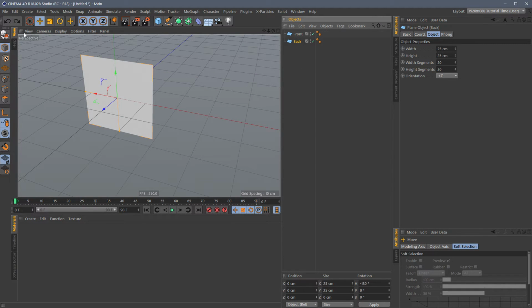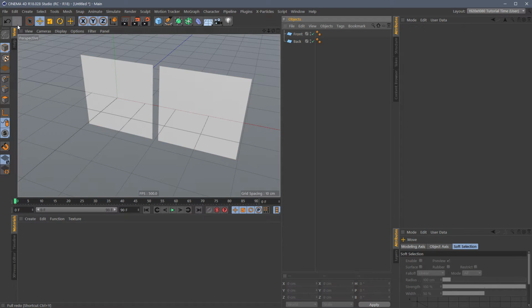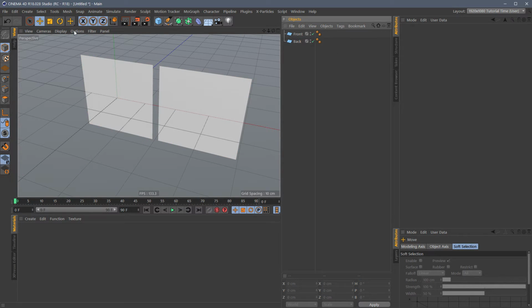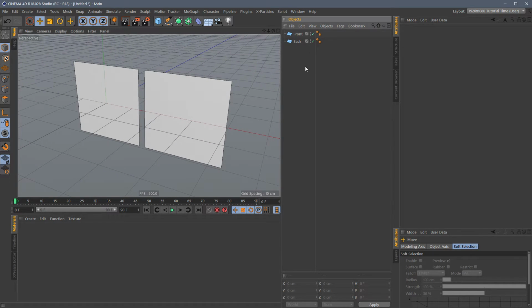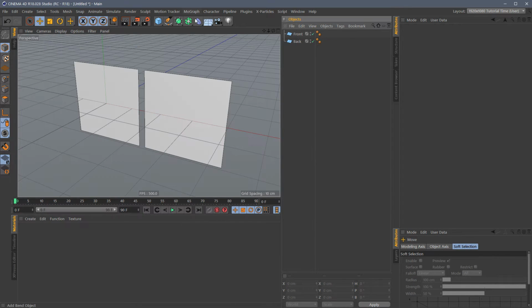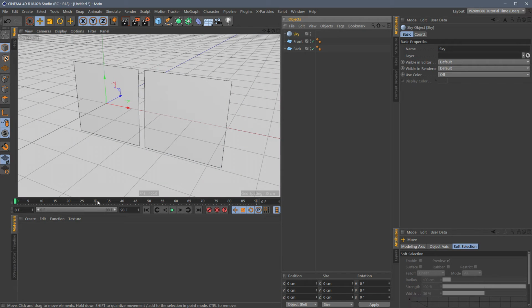So, I just wanted to back up to right before I made those editable, and that looks about right. Now I don't need all these segments, so I'm just going to do 1 and 1. We will enable lines here so we can see this a little better. Now what next here? Let's select Corona Render as our engine, and I'm going to drop in a sky and